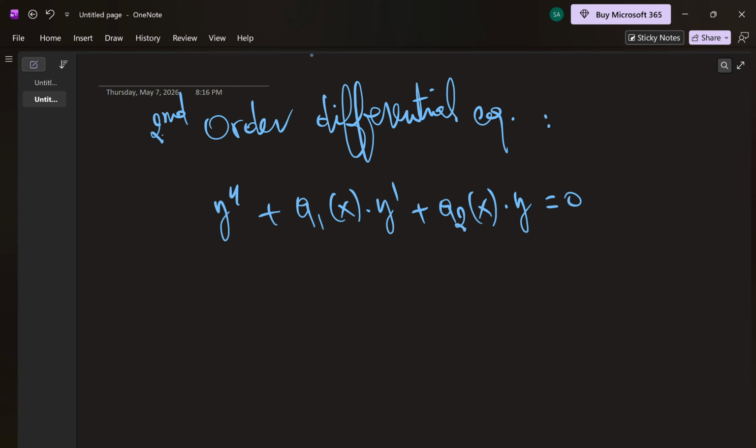So this is a second order differential equation, and I gave you